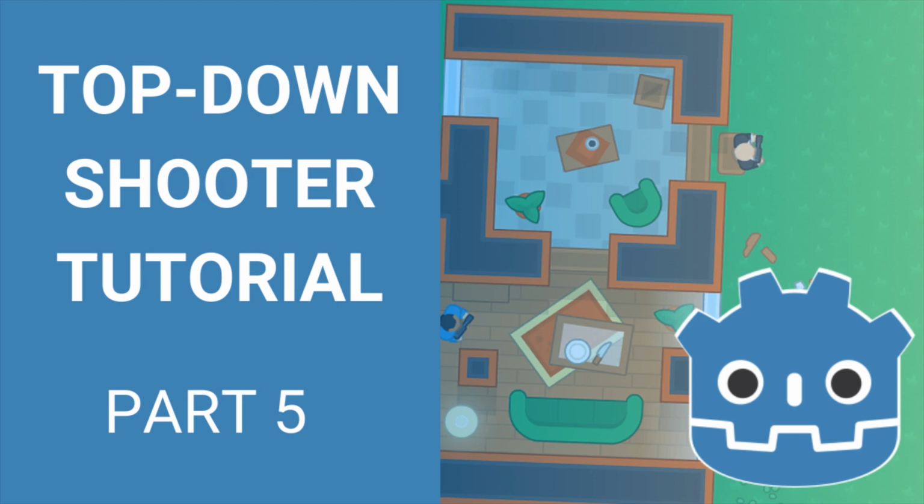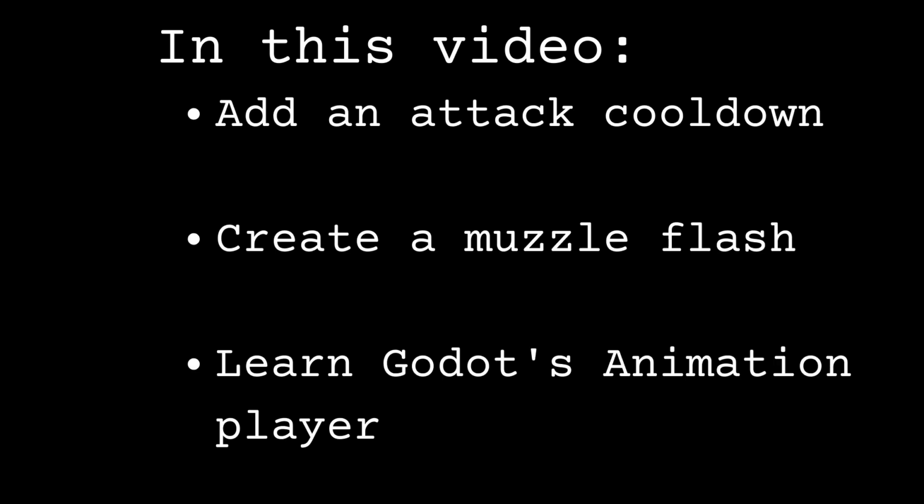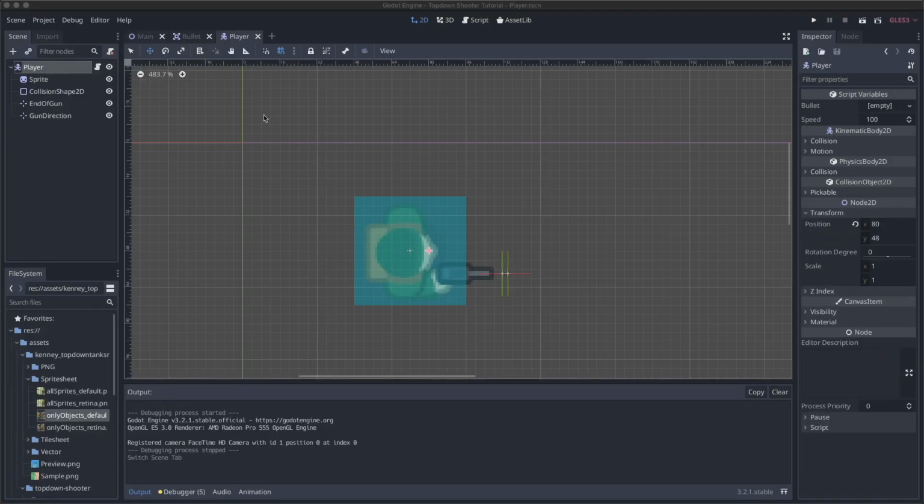Hey everyone, and welcome to part 5 of the top-down shooter tutorial in Godot. My name's Joe, and in this video we're going to cover adding an attack cooldown, creating a muzzle flash, and how to use Godot's animation player. Let's get started. So the first thing that we want to do today is to add an attack cooldown to